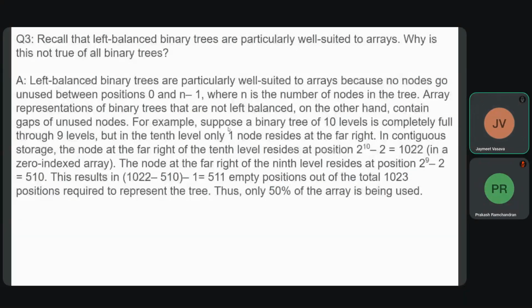So suppose a binary tree of 10 levels is completely full through 9 levels, but in the 10th level, only one node resides at the far right. Remember the structure of the tree and the array, how they are transferred. So that is the reason. On the 10th level, only one node resides at the far right. So in the contiguous memory storage,